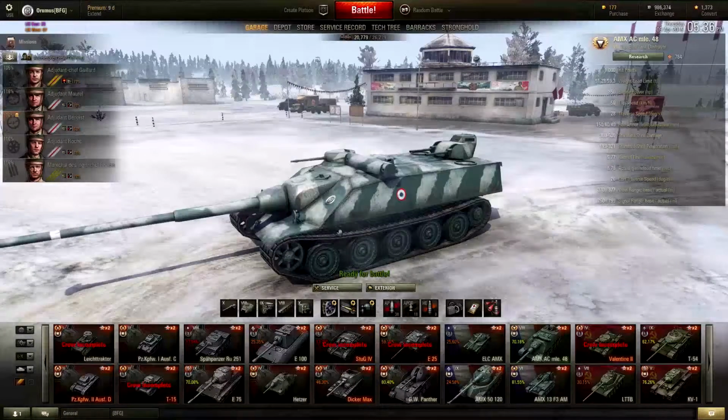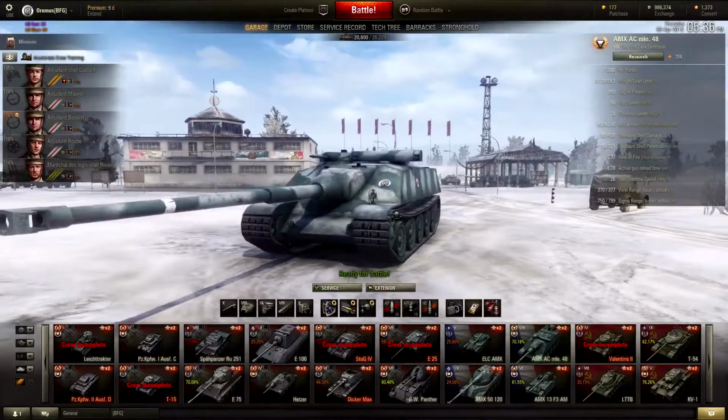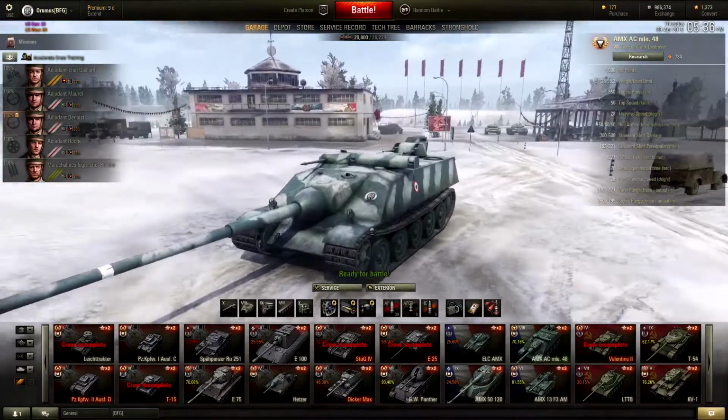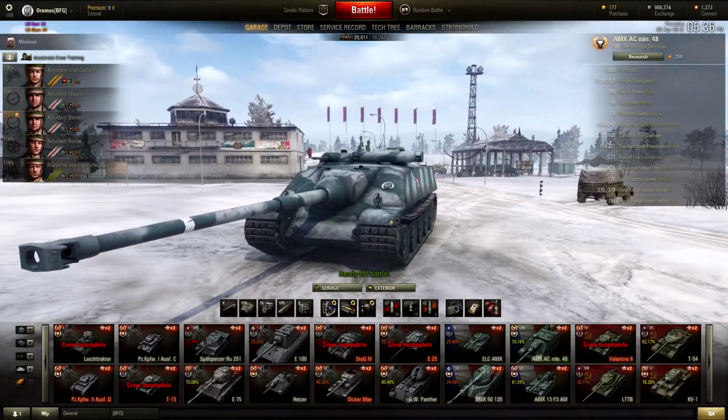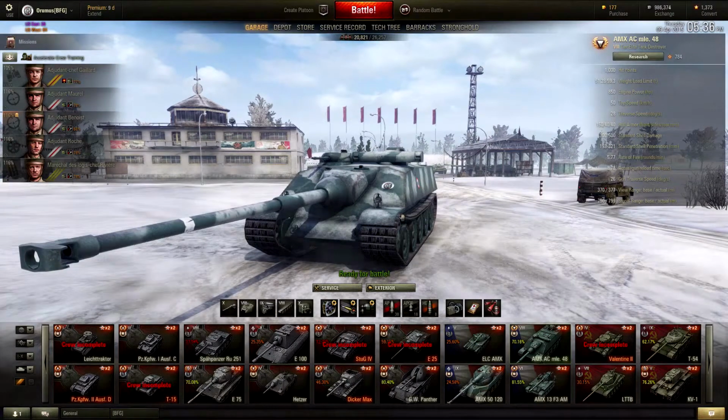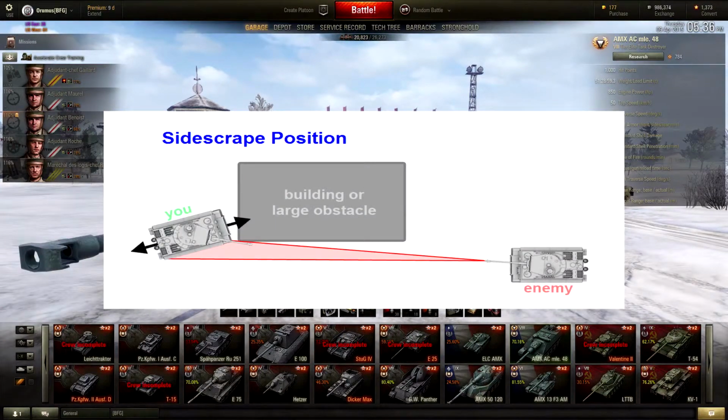Now, when we're talking about penetration, the other thing to talk about, we already talked about angled armor, and how if you angle your armor, then you are increasing the effective thickness versus anyone who tries to shoot you, which is why if you've ever heard the term side scraping, the reason why you bounce off or you do no damage to that tank's side when you shoot at it, even though you know that their side probably has very little armor, is because at such extreme angles, when somebody is side scraping, they are either increasing the effective thickness